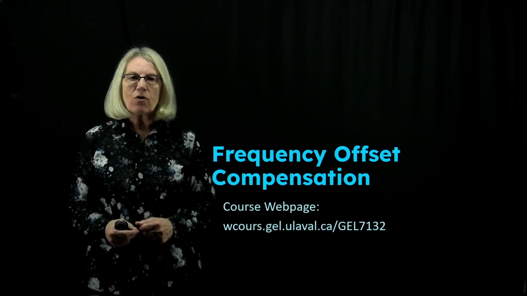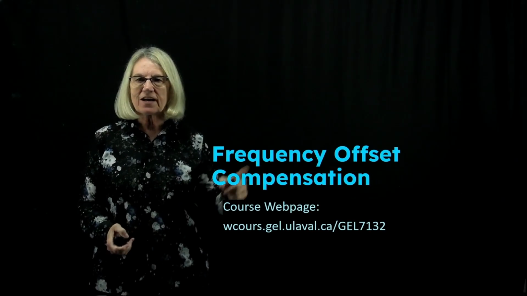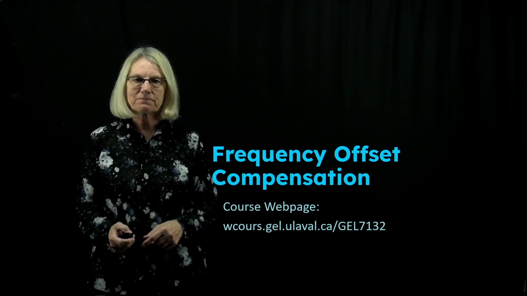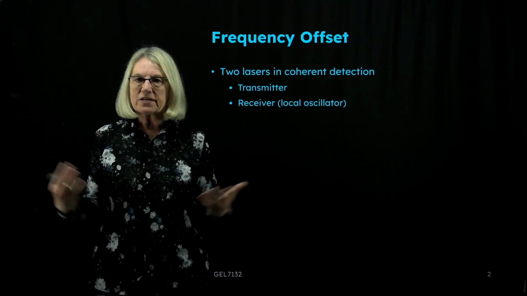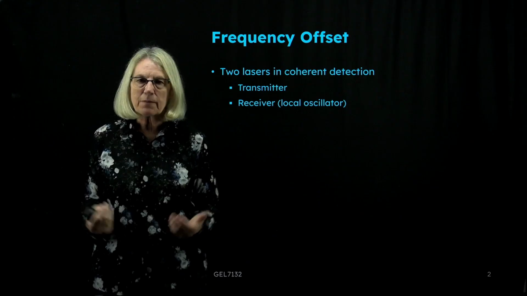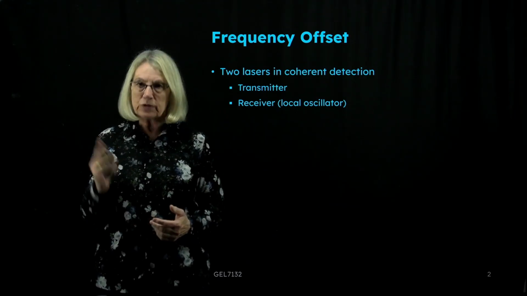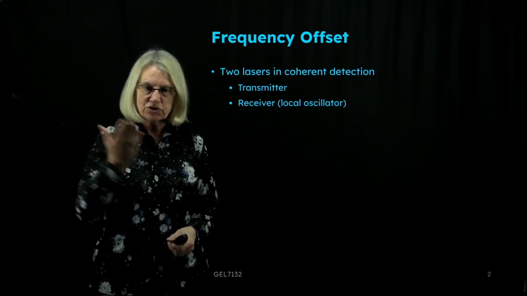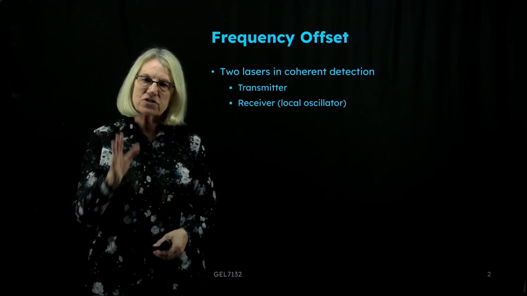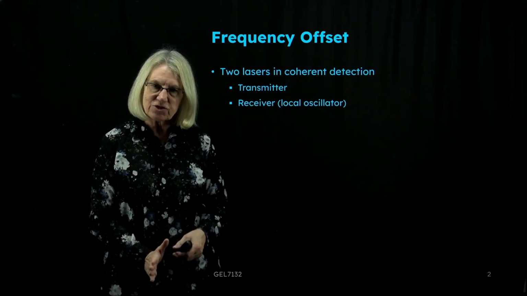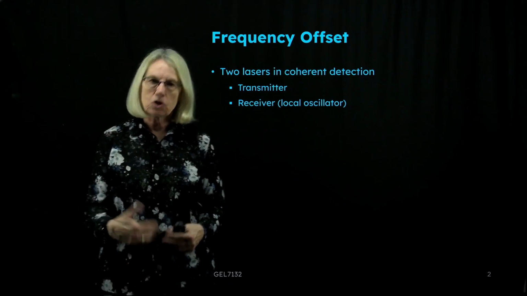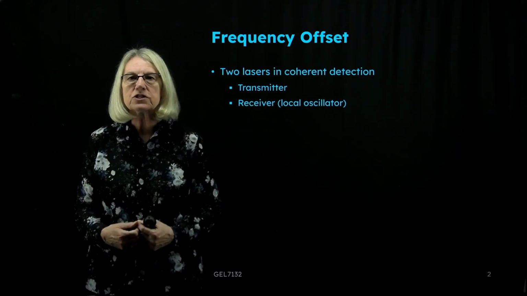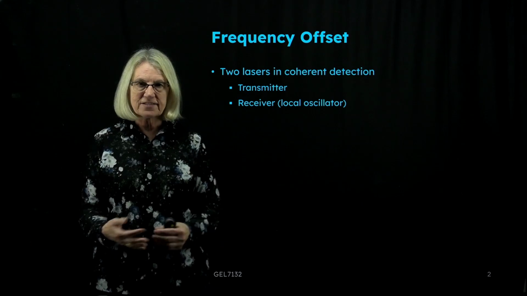We're going to discuss now the frequency offset compensation in a communication system. So in this case, what is frequency offset? Well, in optical communications, we have two lasers that are used in coherent detection. There's one laser which is used to transmit the information, and there's a second laser located at the receiver, a local oscillator, a local laser, which beats against the received signal in order to detect variations in phase and amplitude